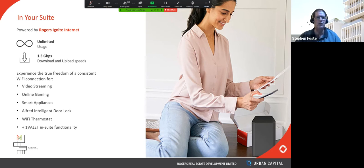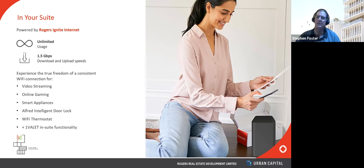So whether you're video streaming, using smart appliances, leveraging your smart door lock by Alford, your Wi-Fi thermostat that Matthew alluded to earlier, linking all these amenities in your suites through the One Valet in-suite functionalities alluded to earlier by Matthew. So whether you're in your property or in your suite, full access to all these technologies throughout the entire